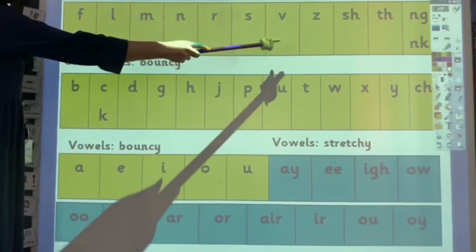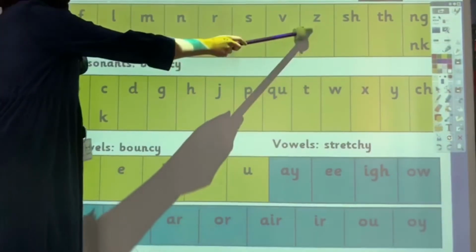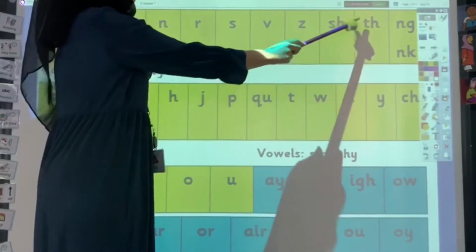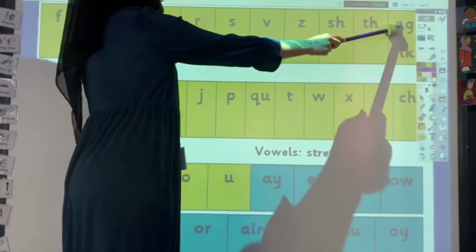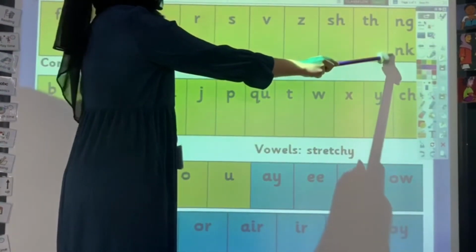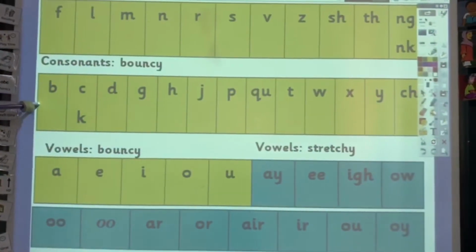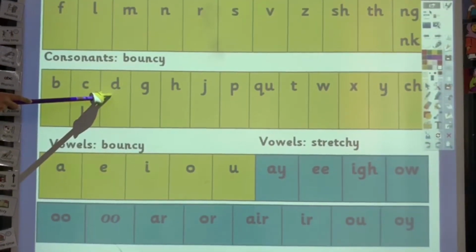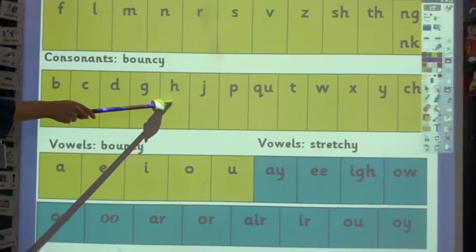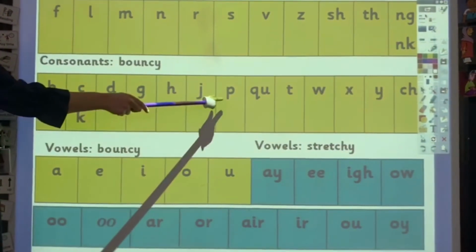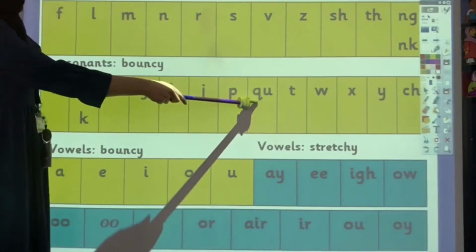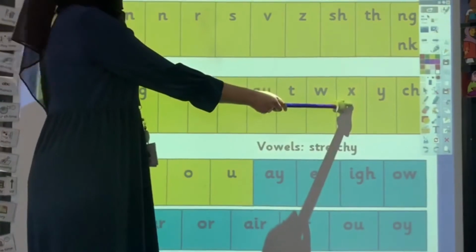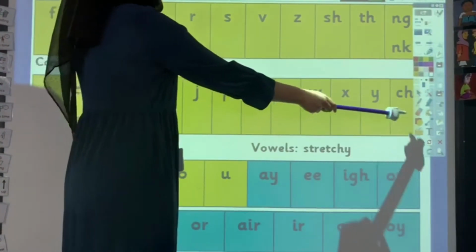S, z, sh, b, k, d, g, j, p, q, w, x, y, ch,